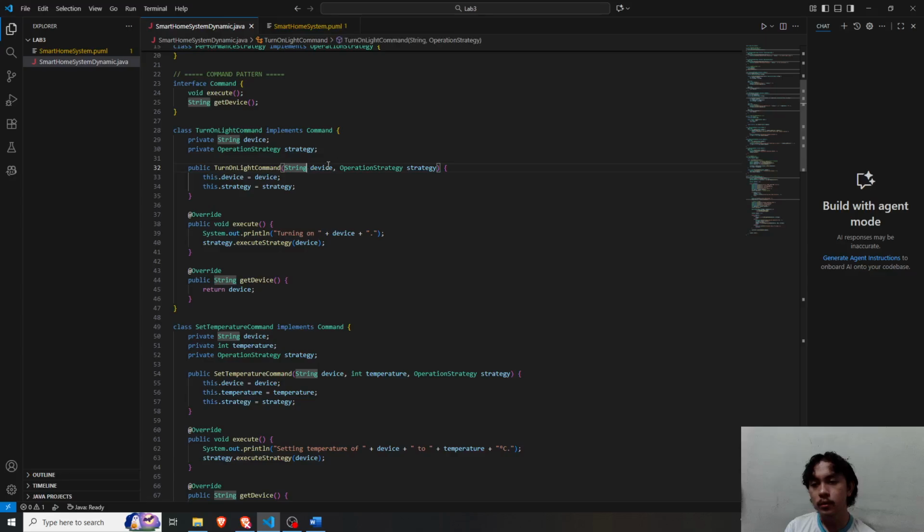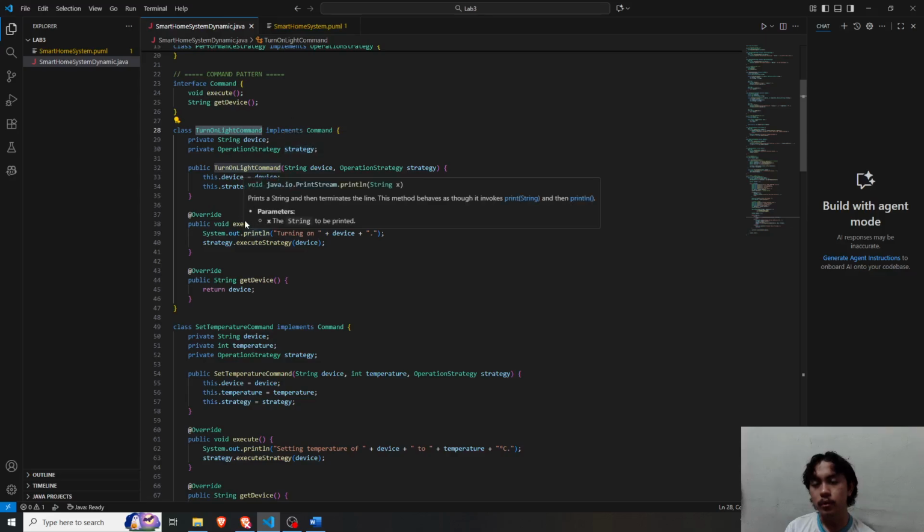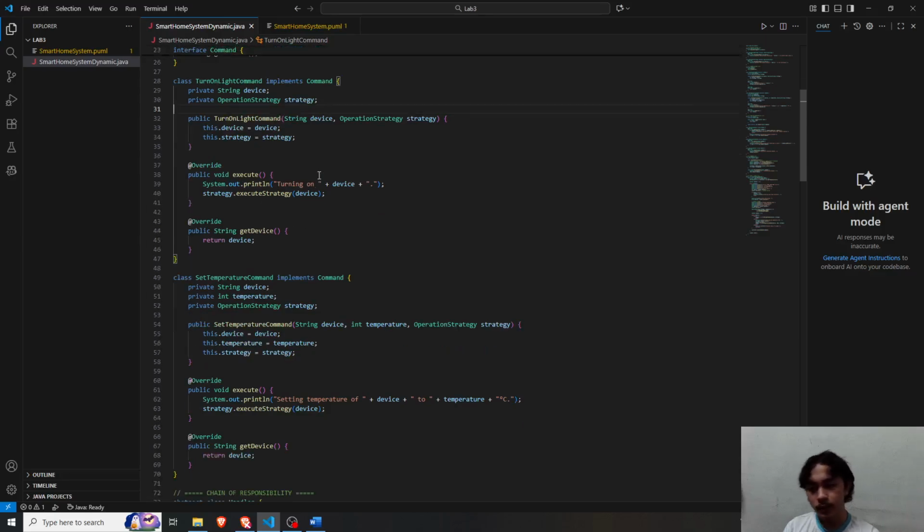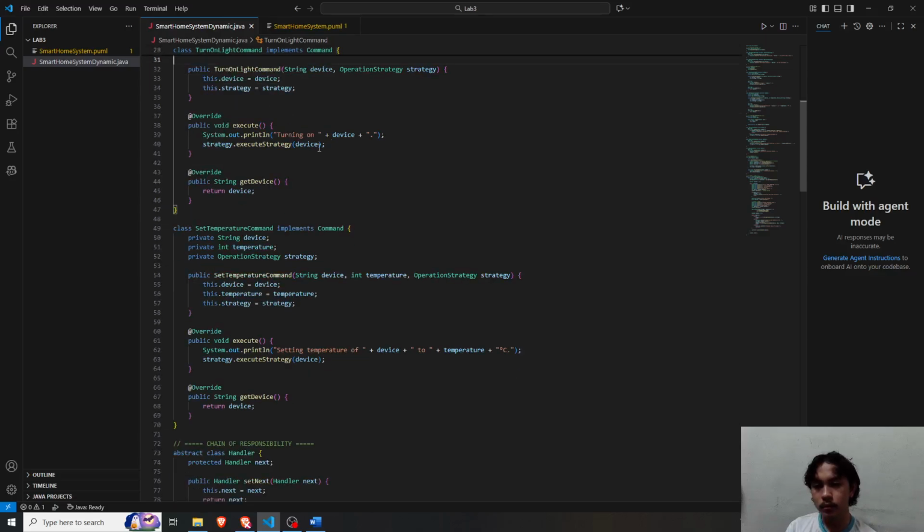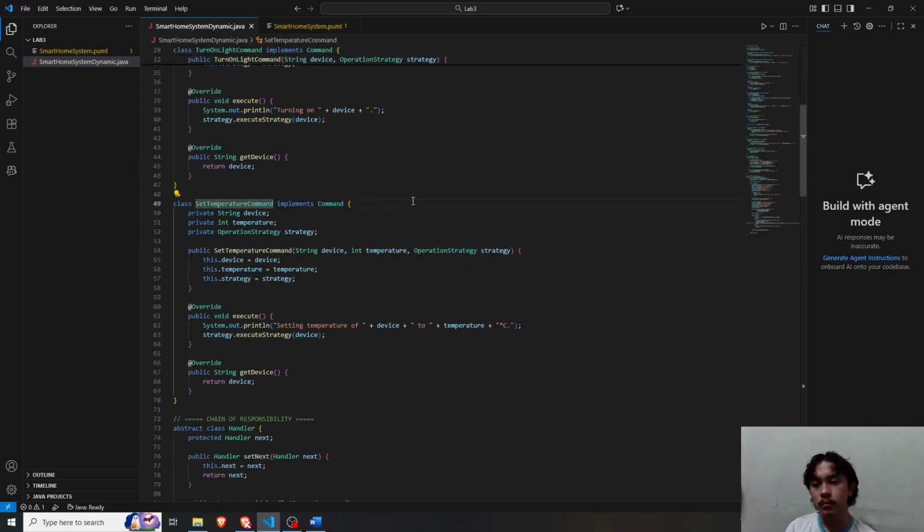So here for each class they have to override each method. For the turn on light command, it can execute and it can also get the name of the device. Same as the set temperature command.